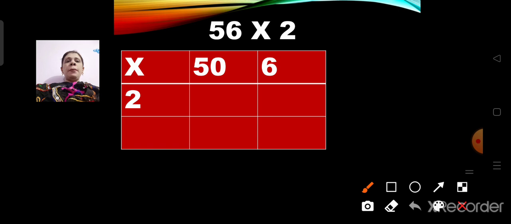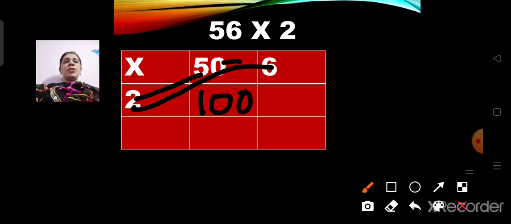First I am going to multiply 50 into 2, but I don't know the 50 table, so I will first multiply 5 2s are. So 5 1s are 5, 5 2s are 10. Then in 50, how many 0 is there? 1, so I will write 1 0. So 50 2s are will become 100. Now I will multiply 6 2s are. So 6 1s are 6 and 6 2s are 12.